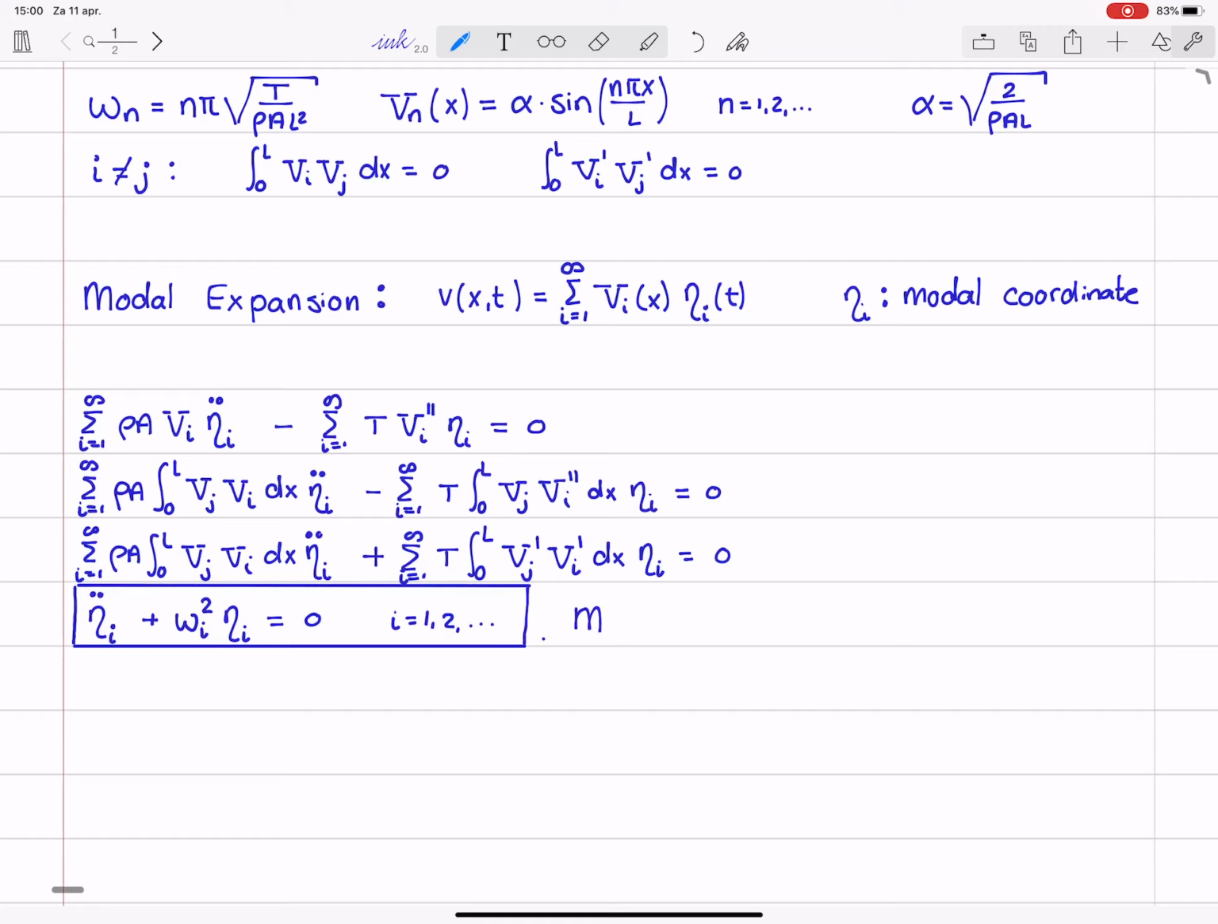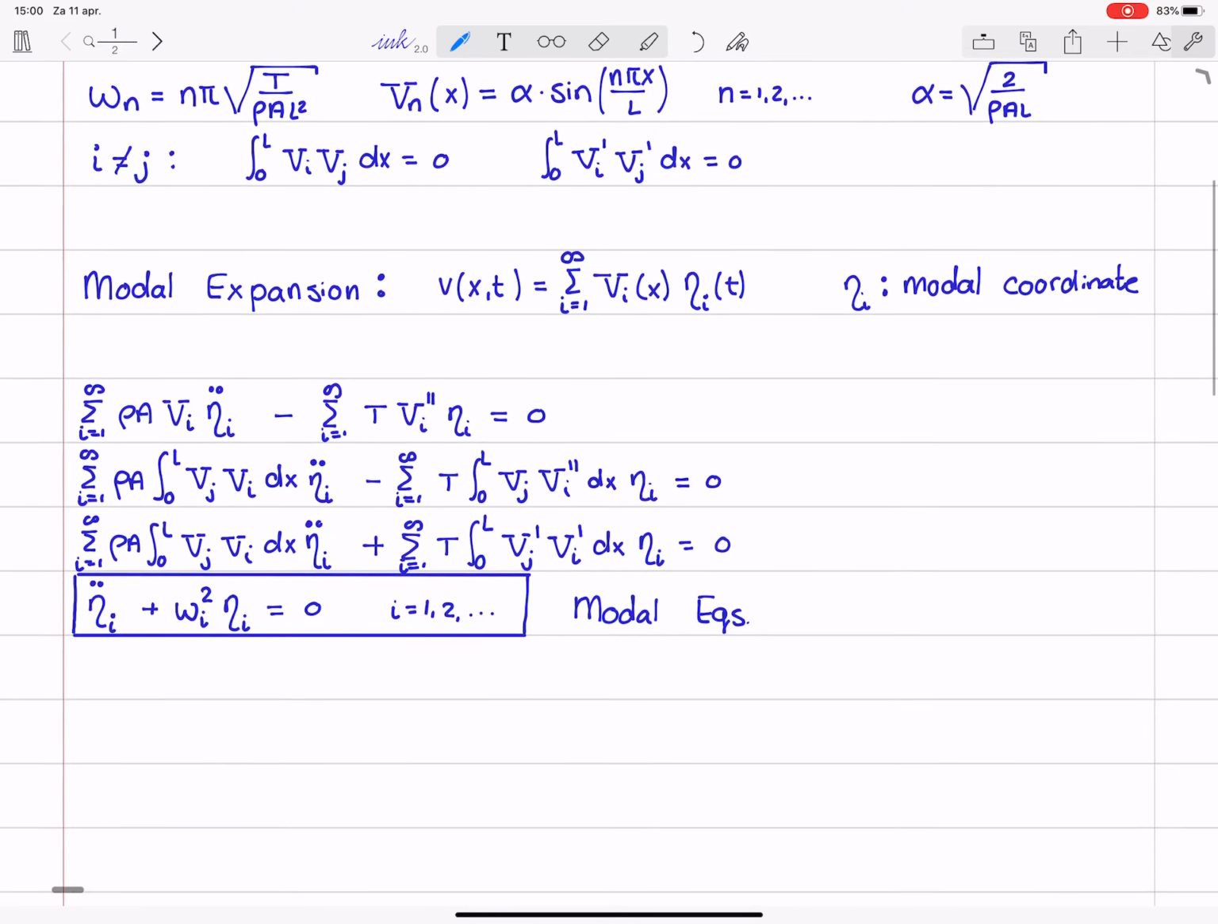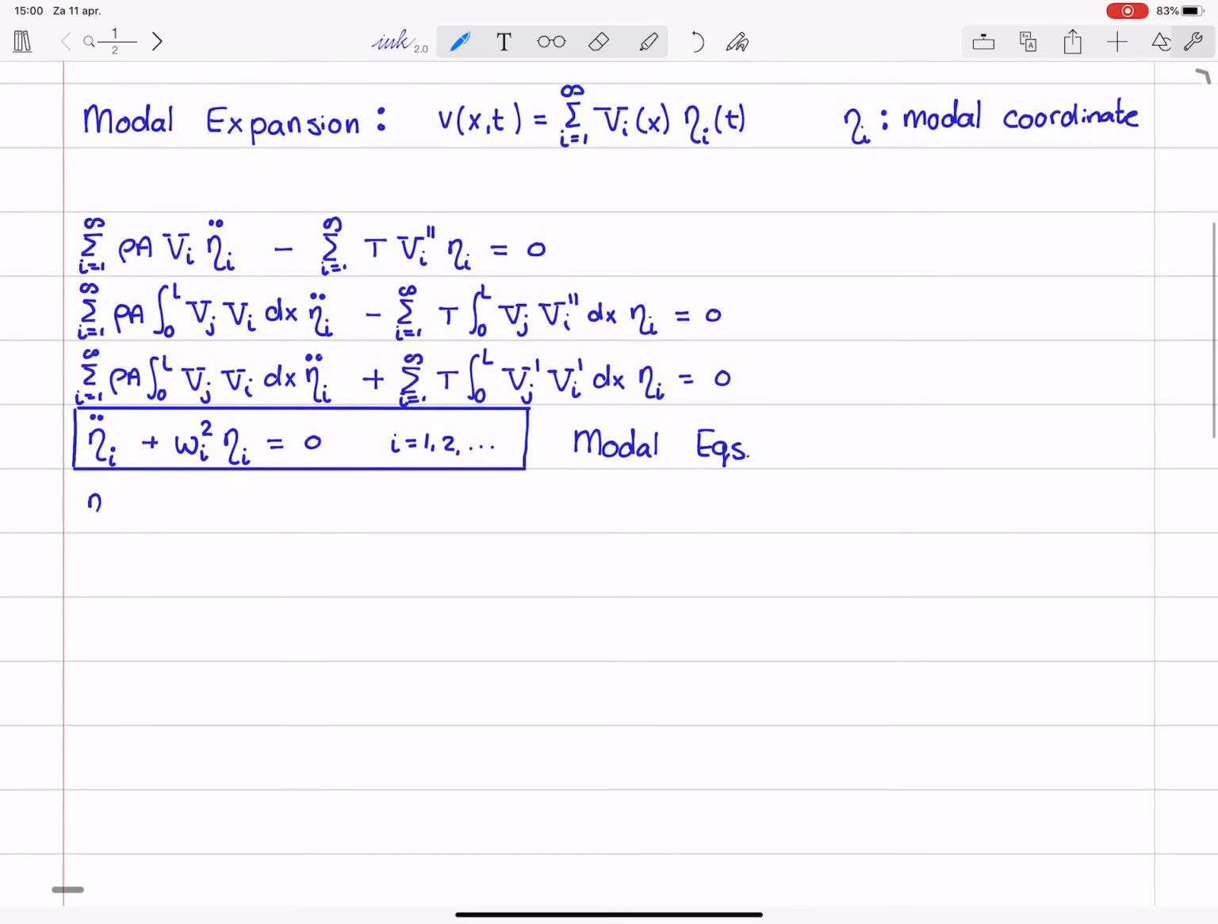Let me write it down. These are the modal equations. And as we have seen for discrete systems, these modal equations are of the form of a single degree of freedom system. So that means that its solution, in terms of the initial conditions for eta_i, is quite easy to find. This is simply eta_i as a function of time equals eta_i at 0 times the cosine of omega_i t, plus eta_i dot at 0 divided by omega_i times the sine of omega_i t, where